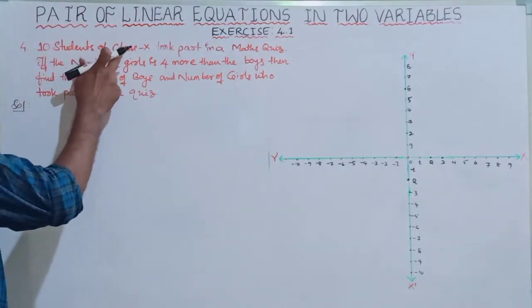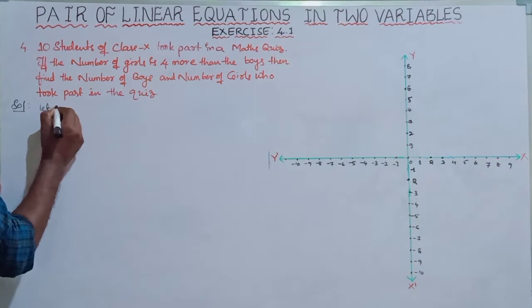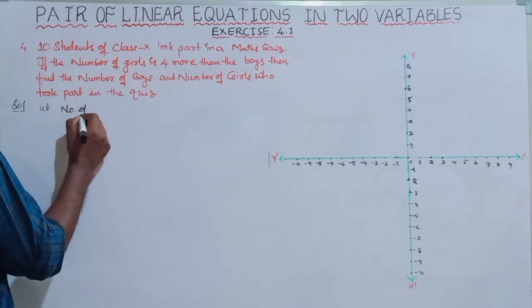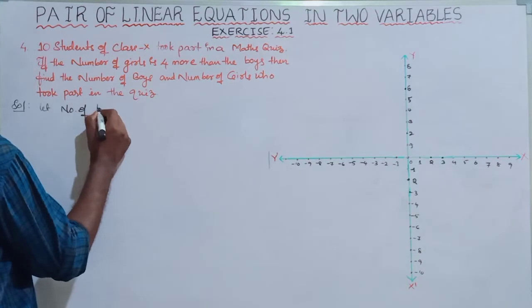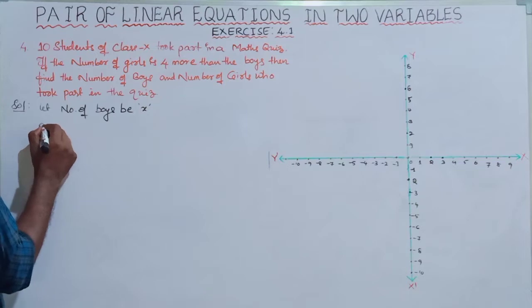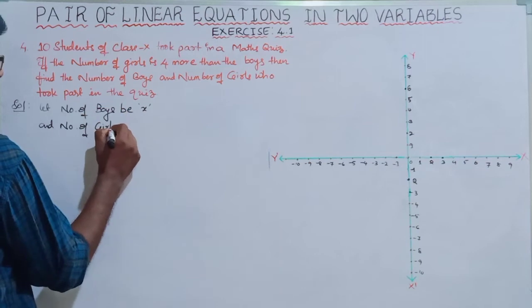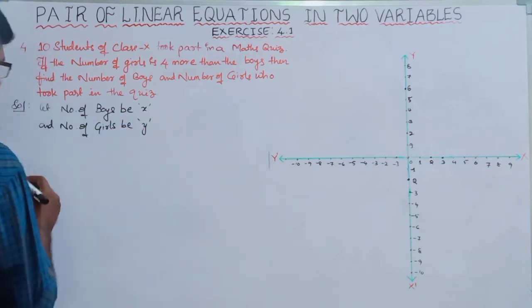10 students of class 10 took part in a math quiz. If the number of girls is 4 more than the number of boys, then find the number of boys and the number of girls who took part in the quiz. So let the number of boys be x and the number of girls be y. By the problem,